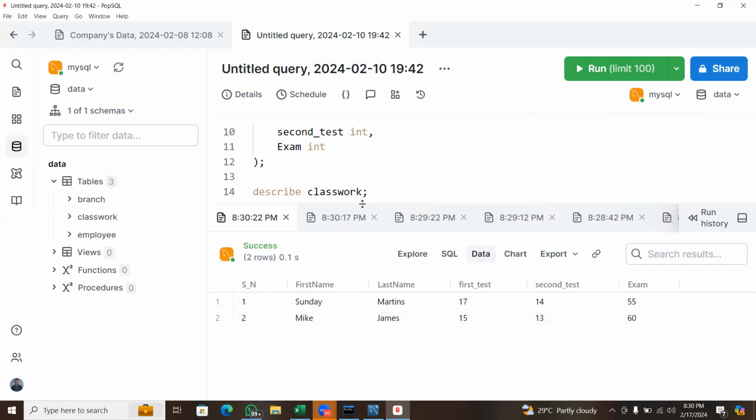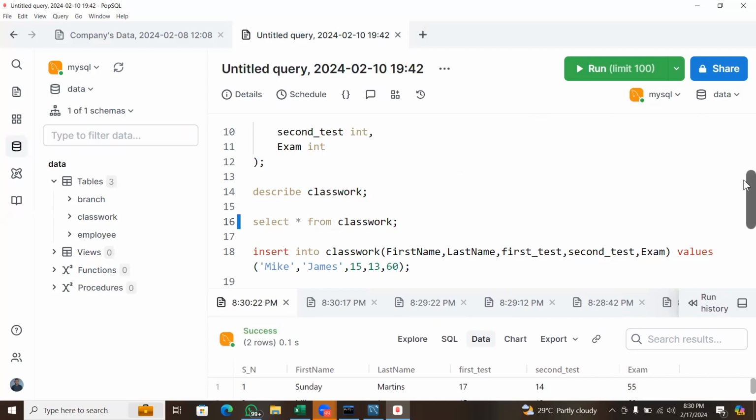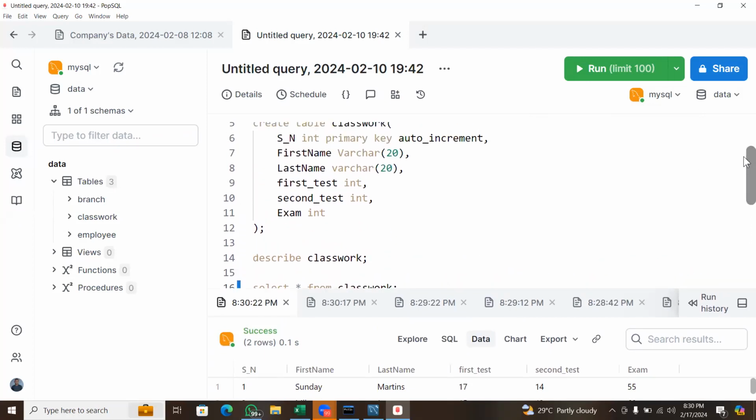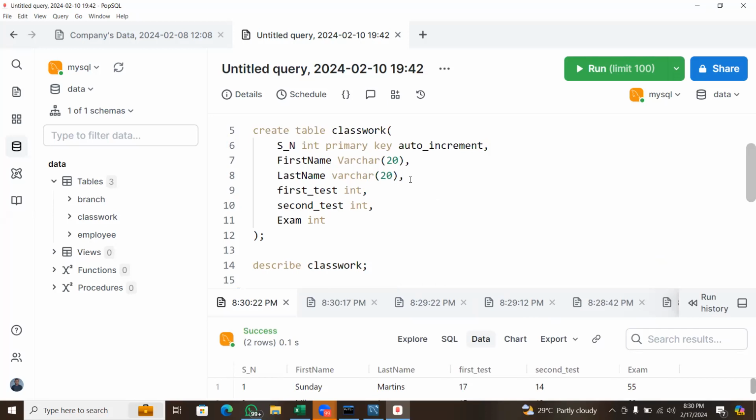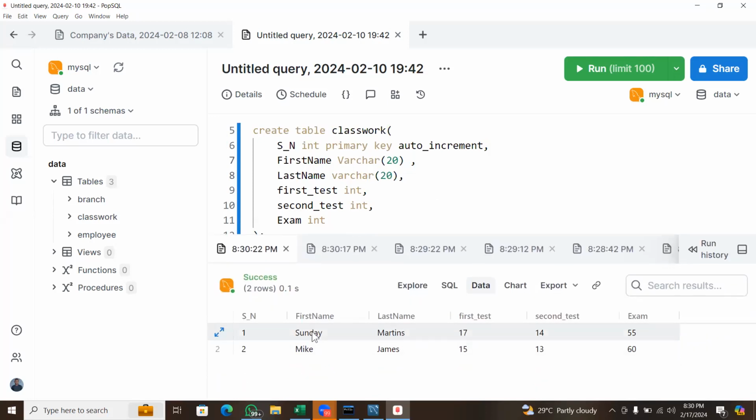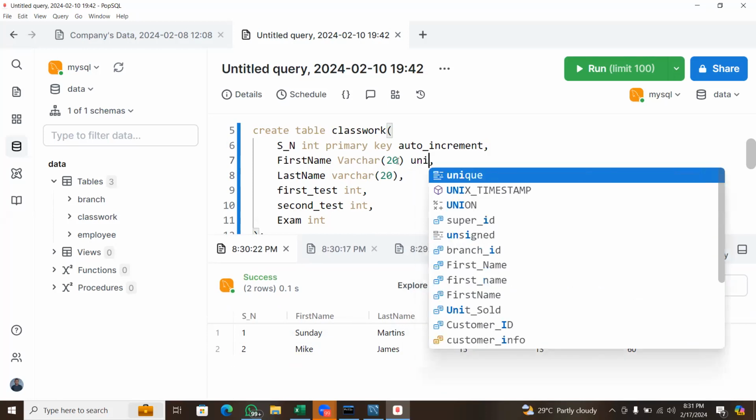So we still have other constraints like null. We still have another one called unique. So if we say the first name should be unique, if I drop the table and I say the first name should be unique, that means I cannot have a duplicate name. So I'm just expecting one name. Now note, before you set your constraint, you have to drop the table to set your constraint. So if I put this one as unique,